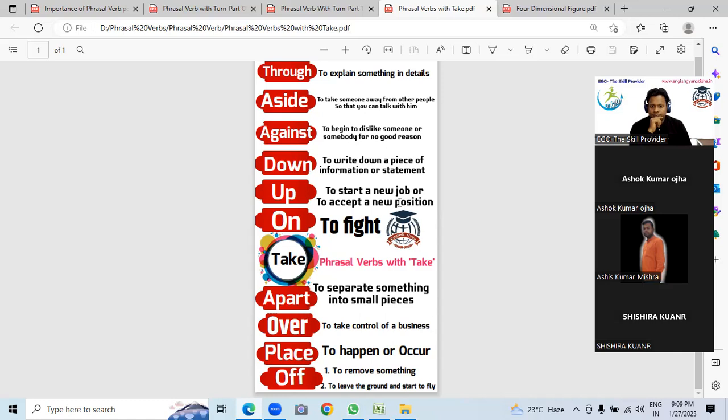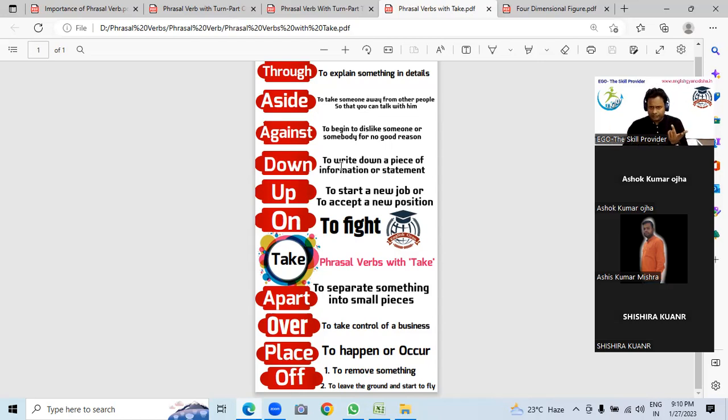Take down. Take down means write down. Sometimes you say this is American English; in British English, you say write it down. Note it down, write it down, take it down, they are the same thing. In day-to-day conversation, you use take down a lot, but we don't say take down the way we say write down. In American English, it is always used as take it down, that means note it down, write it down.